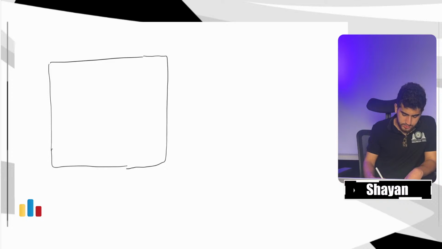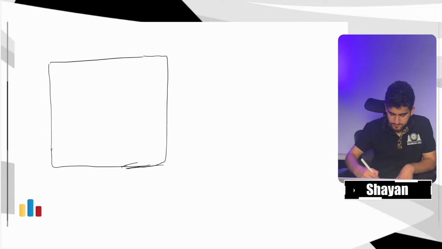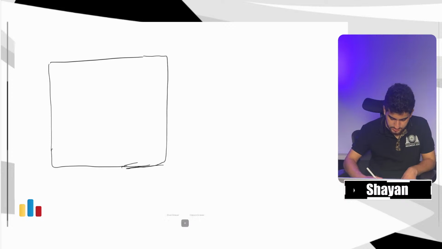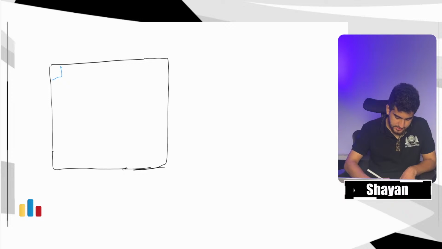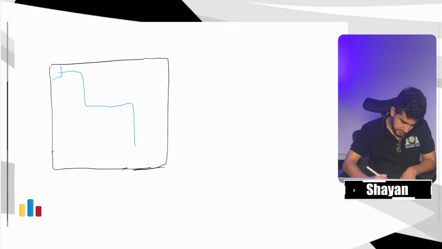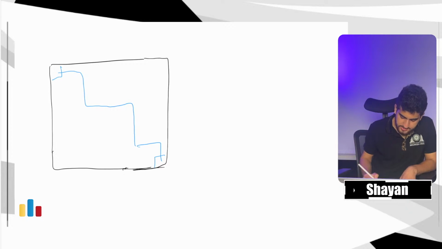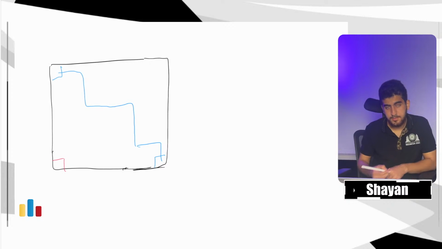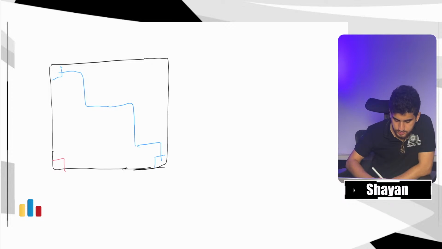I want to choose two paths. One path from the top left cell to the bottom right cell, like this, and also a path from the bottom left cell to the top right cell, like this,